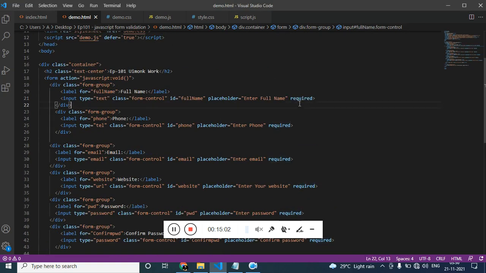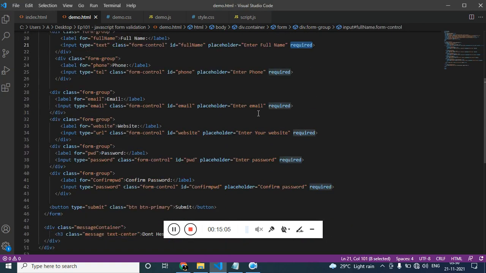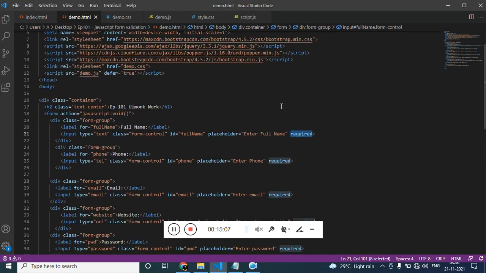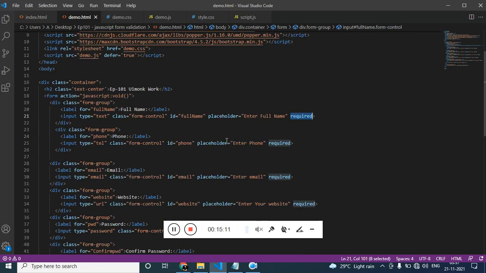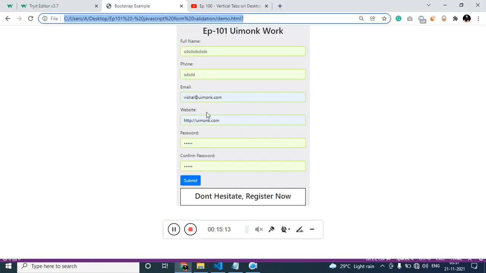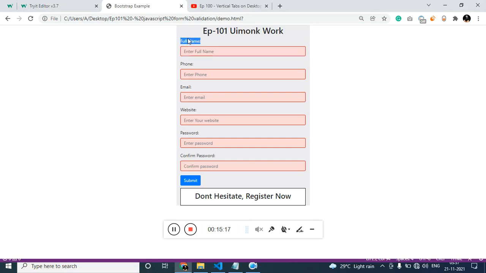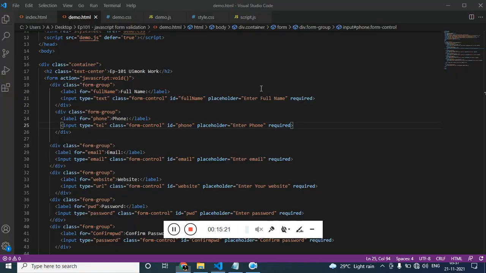If we type required, the form will accept except that the form value needs to be filled, the input value needs to be filled before submitting. Alright, now let's get into the minimum and maximum value for the input field. Full name. For the name I want the minimum character to be 3. So for that we can add minlength of 3, and we can add a maxlength as well,